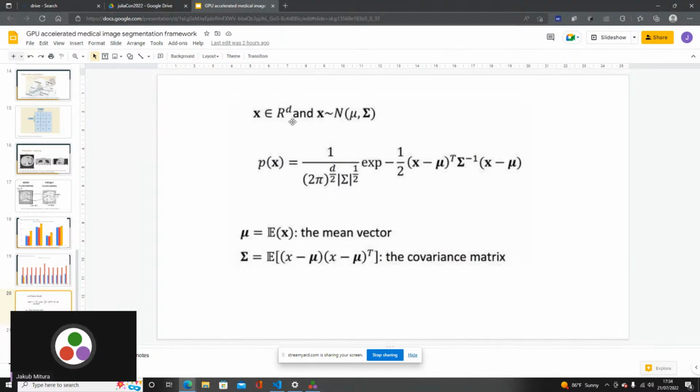Yes, so all of this that does not depend on x can be pre-computed, like the normalization constant, like the inverse of the covariance matrix. Yes, it can be computed earlier. So we just need to get x and calculate the probability from this formula.